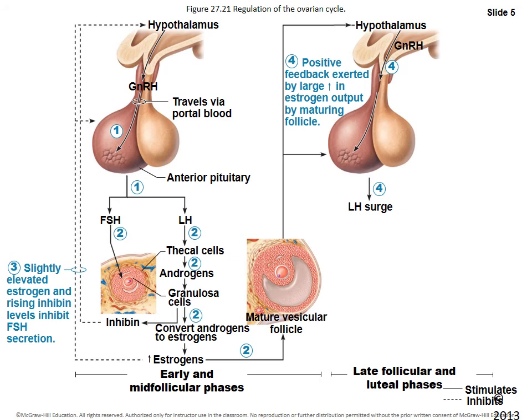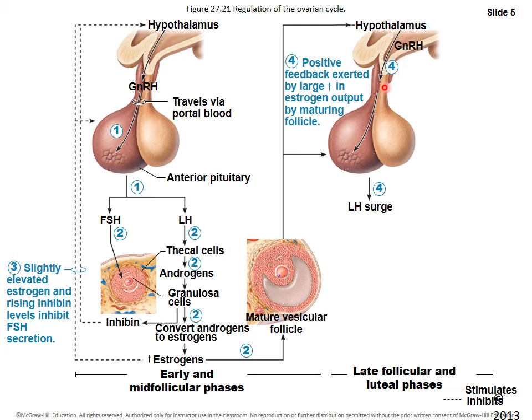And so eventually the estrogen levels rise to such a high level that its effect reverses. So again, remember, initially low levels of estrogen have an inhibitory effect, but towards the middle of the 28-day cycle, estrogen levels have risen so high that now they have a positive effect on the hypothalamus, causing it to release